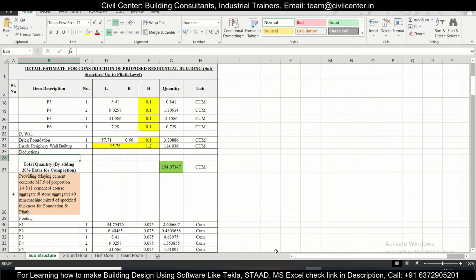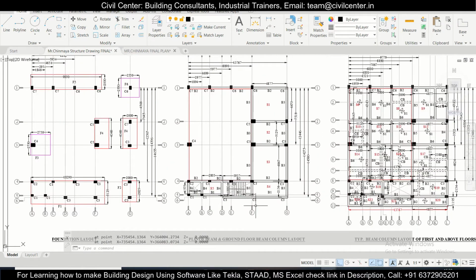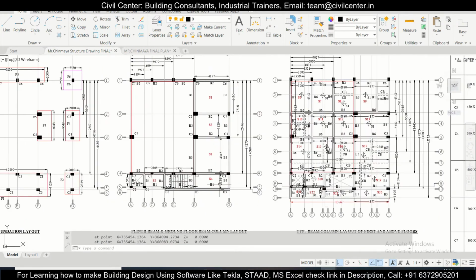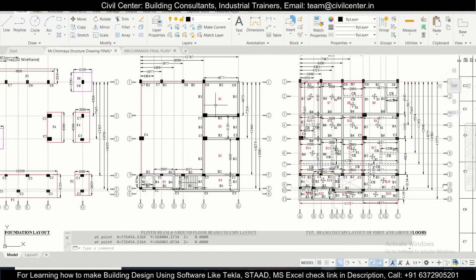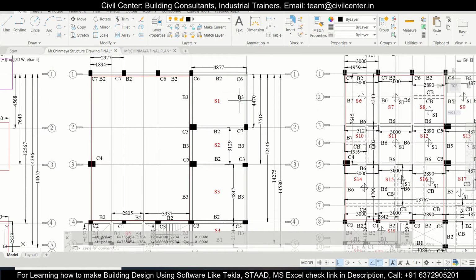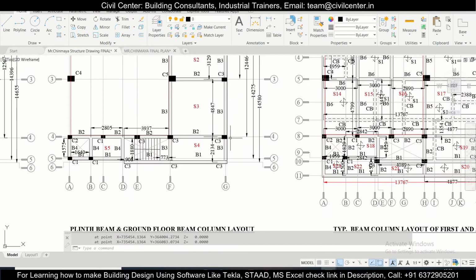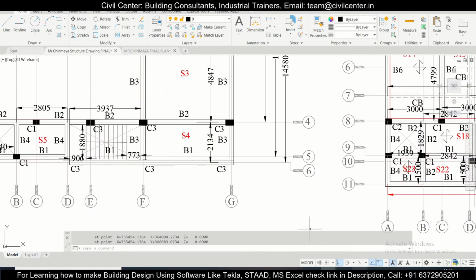Now let's see the number of beams here. We have beams B2, as you can see, B3, this B3, and all these are the plain beams.